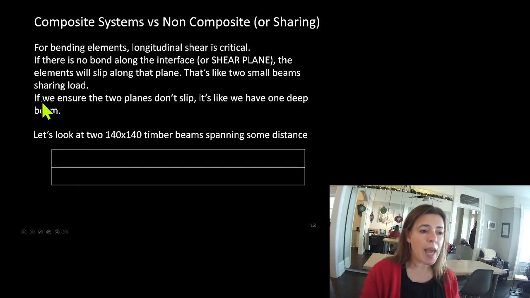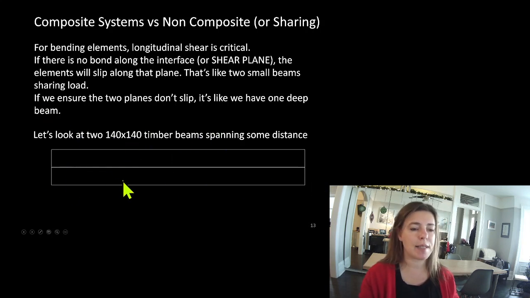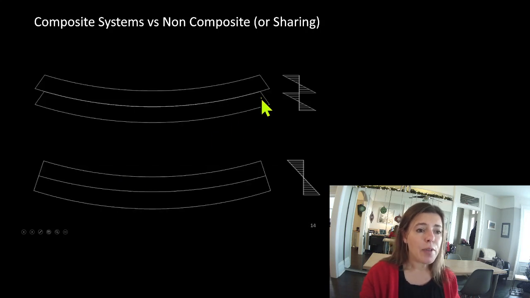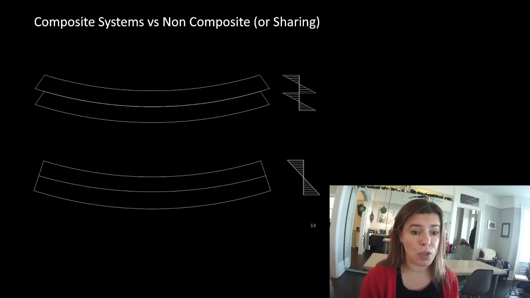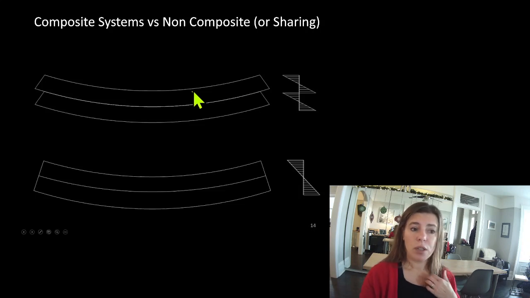So if we have two 140 by 140 timber beams spanning some distance, if we don't glue along that plane, they will both bend and they'll both do work. They will share that load. Two beams are better than one. So two beams this size are fantastic. We've doubled the capacity of this system, which is great. So you can see our extreme fiber here and our extreme fiber here, which means our couple for this is